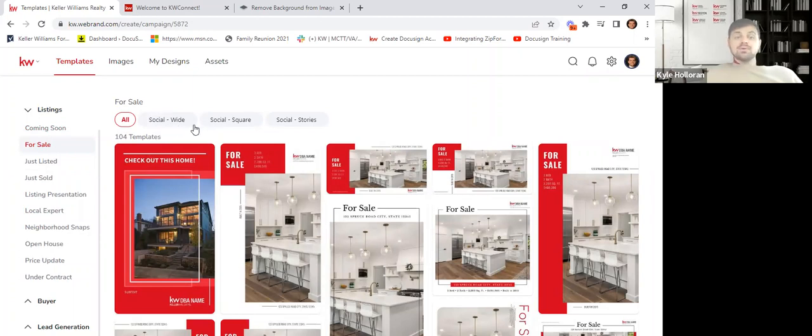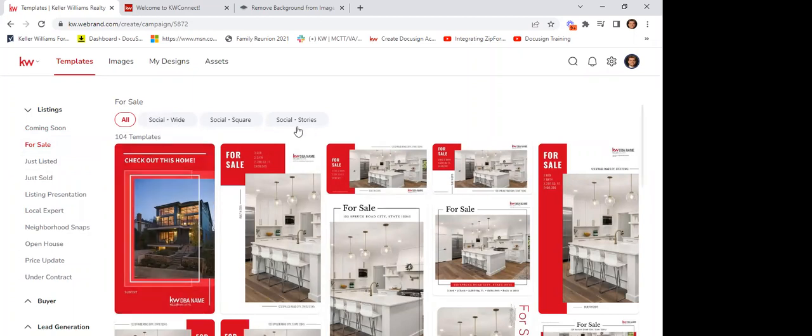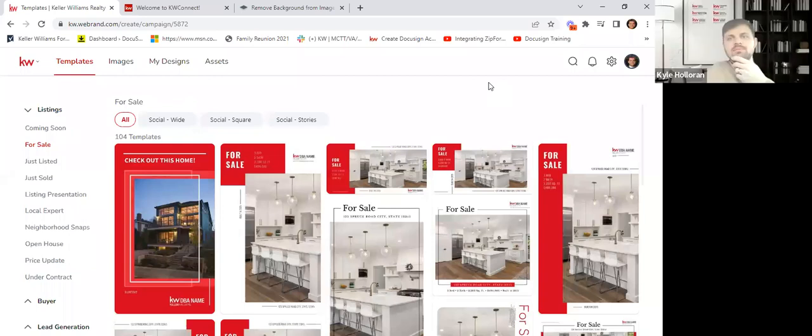Up top, we have a few different categories. These are sizing. I also kind of liked that she went with whatever people were asking. Okay, guys, remember, please mute yourself. Mute yourself and then come off mute when you have a question.